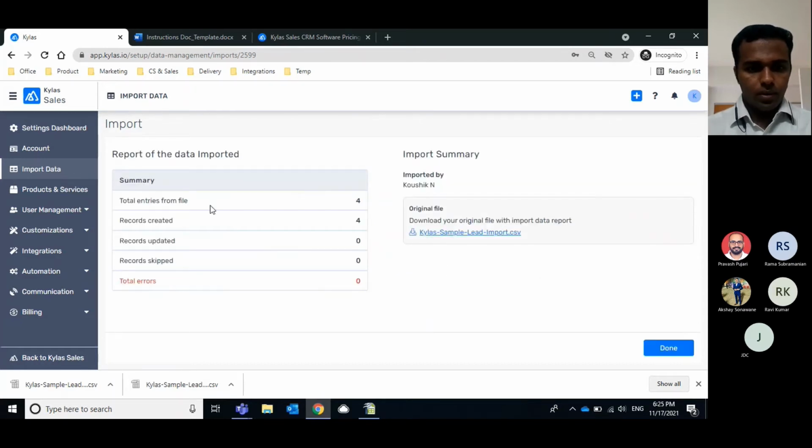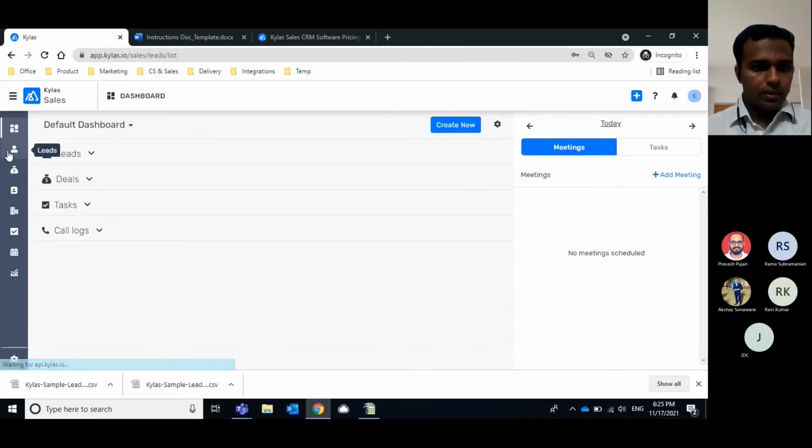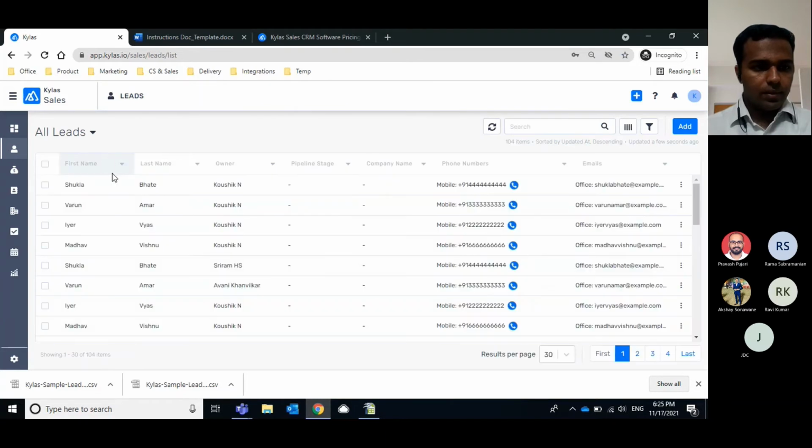So right now all the records are created, and if I go to Kailas CRM lead section, I will be able to see all the records added to the system.